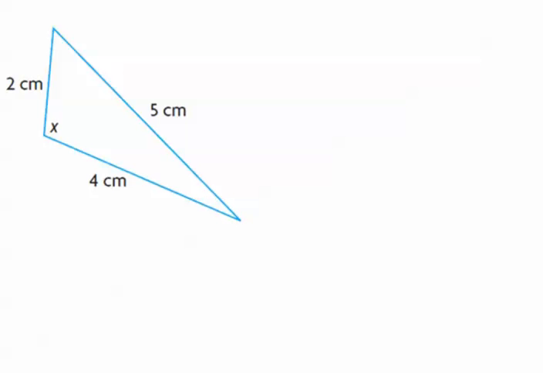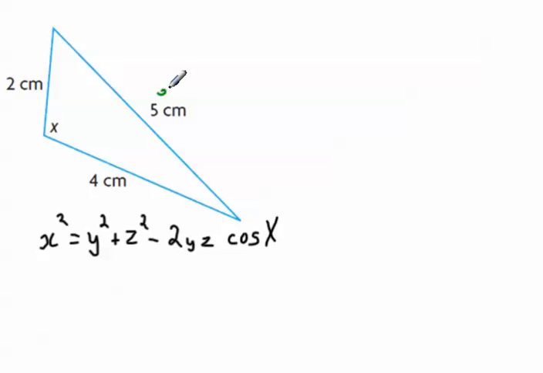In this question, we're asked to find angle x. We're given the three sides, and that means that we can use the law of cosines. So I have the law of cosines written down here, and that means that this would be side x because